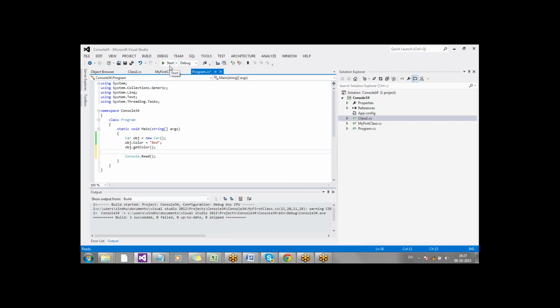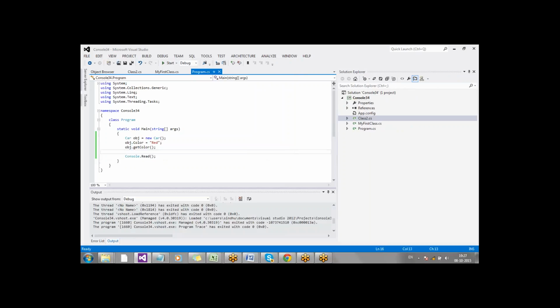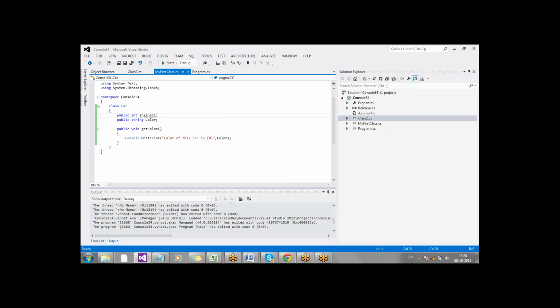Making sense? Good. So the color of the car is red. Now this is about GetColor.